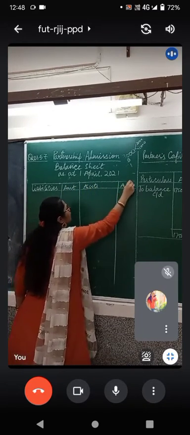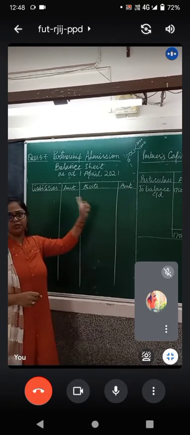Now balance sheet as at 1st April. Now why 1st April? Because this is the balance sheet for the new year for the newly reconstituted partnership firm. We'll break the liability side and we'll break the asset side. Children, please have a habit of making proper formats and providing the captions, providing the headings also. So on this side, first of all, you write the capital balances that you have created.